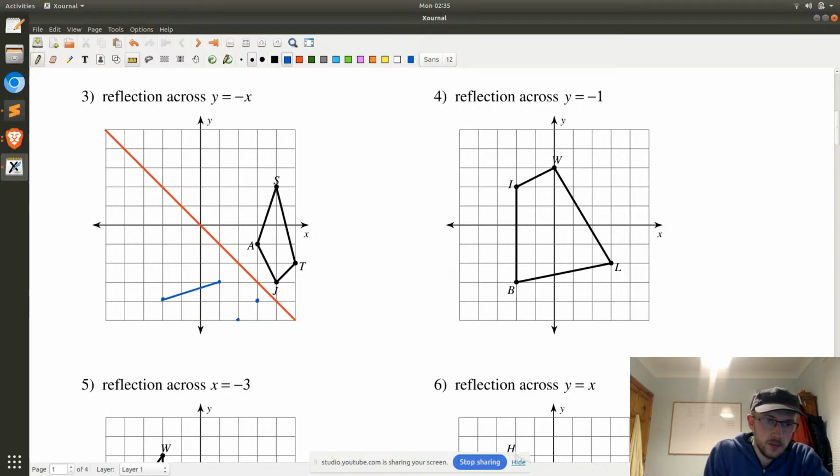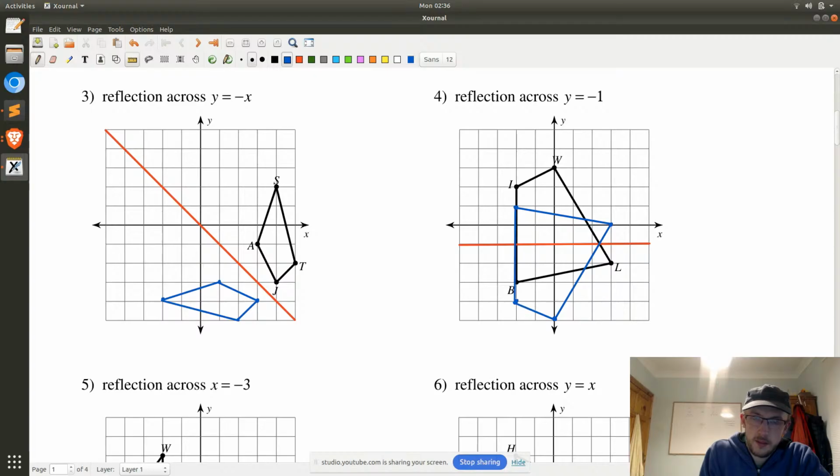Good enough. Reflection across y equals -1. There, and reflect across it. So that's going to be there, that's going to be there, that'll be there, and that'll be there, and then connect up